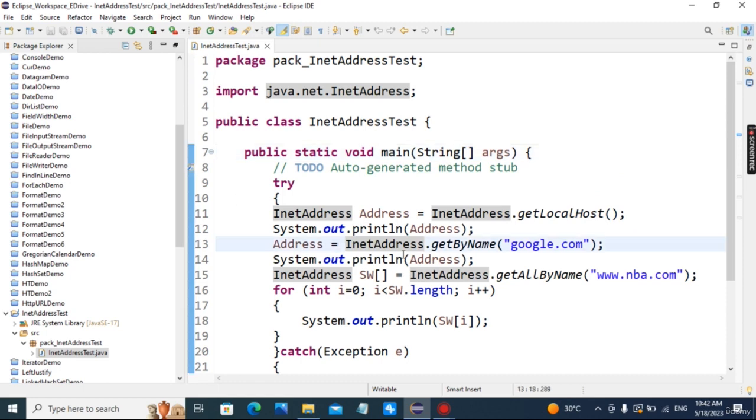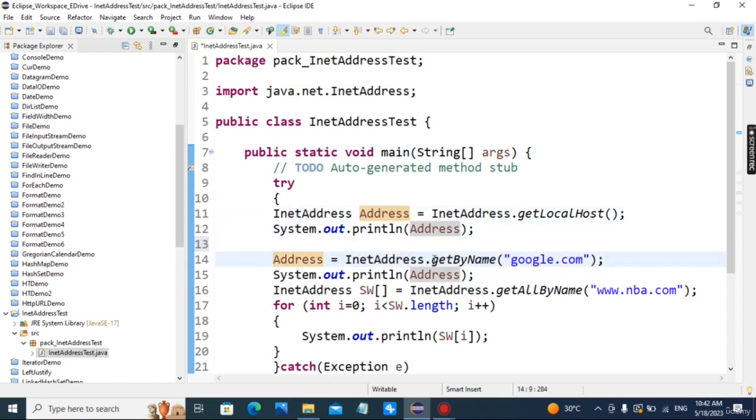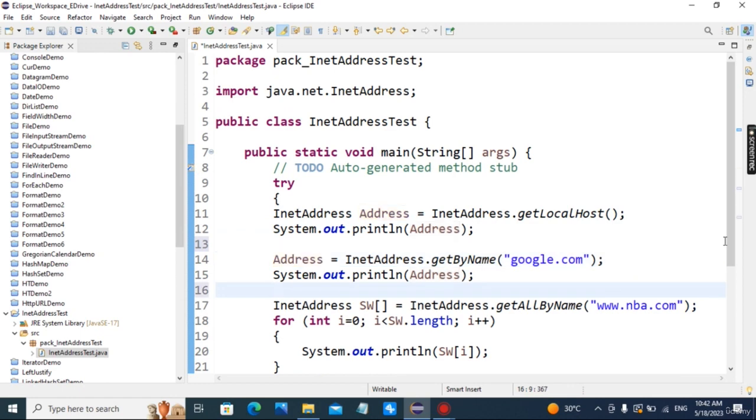Then we have created the address using InetAddress.getLocalHost. The localhost address is stored over here, and we print the localhost. Then address is equal to getByName, so Google's InetAddress is obtained and stored in the address. Then it is printed. After that, getAllByName